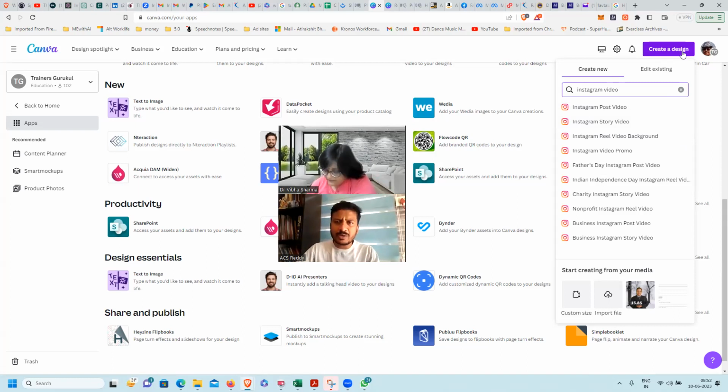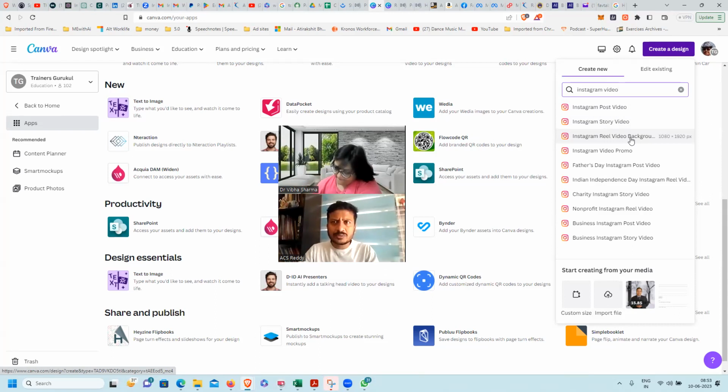You click on it, there will be another create new, and there in the search you type Instagram video. Not 1080 by 1080 pixels; go for 1080 by 1920. That would be the third option, Instagram reel video background.